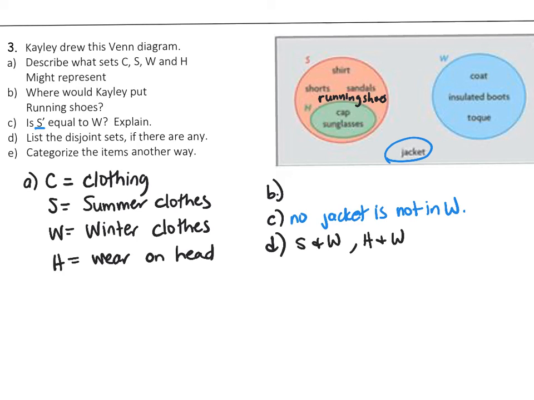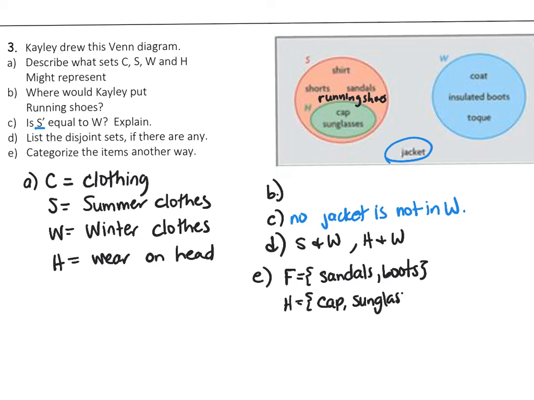E says to categorize the items another way. So if I asked you to draw a different kind of Venn diagram or categorize them the other way? So I said, well, you could do like footwear. So footwear would be sandals, and boots. Then you could do headwear. Headwear would be cap, sunglasses, toque,